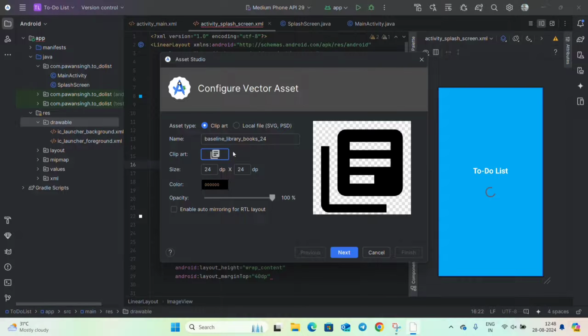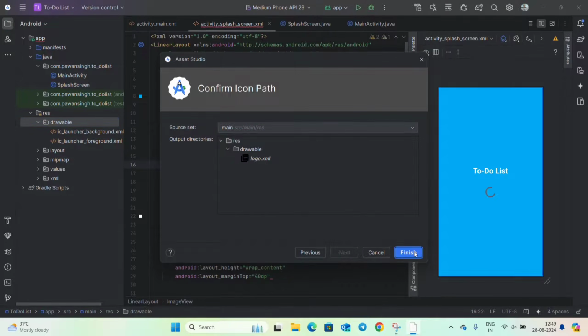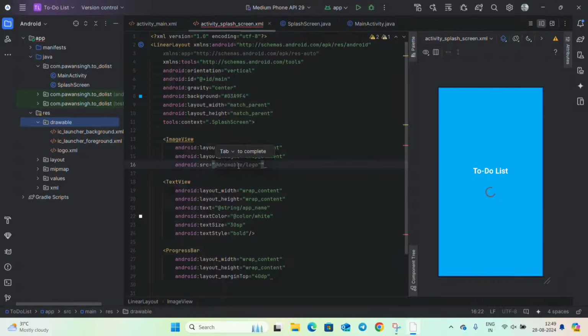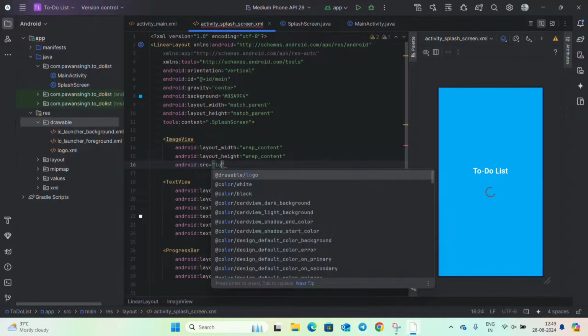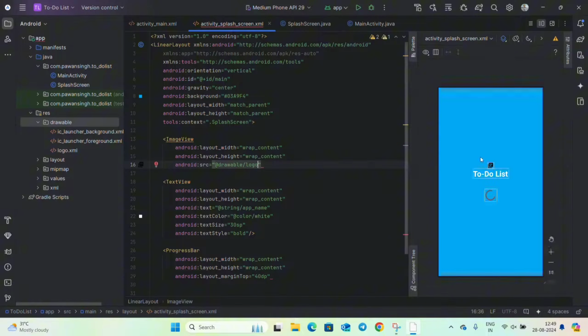Let the size be 24 dp. We will change it on runtime and change the name to logo, and we will change the color also in runtime. Click on next and finish. So right here inside the source as logo, as this is showing very small,